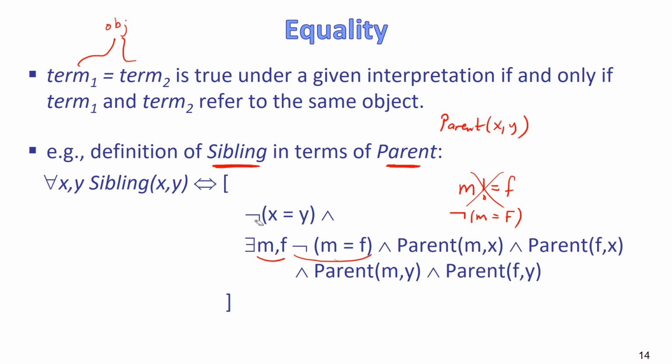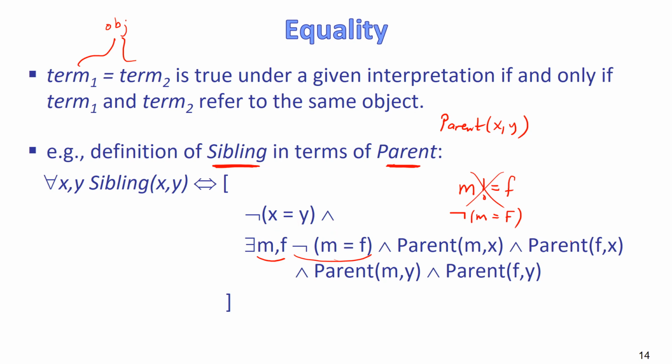For all X and Y, for any two persons in the world, these two persons are siblings if and only if they are different. Remember that X and Y here are variables. So we have to explicitly say that they are different if we really mean that. Okay, so these two persons are different,